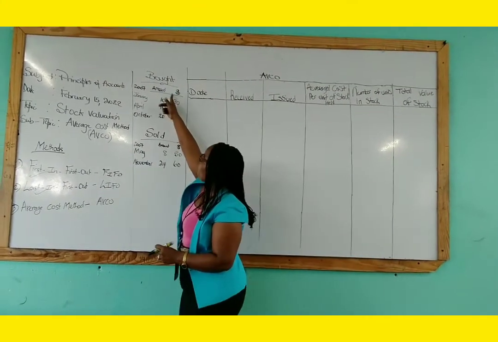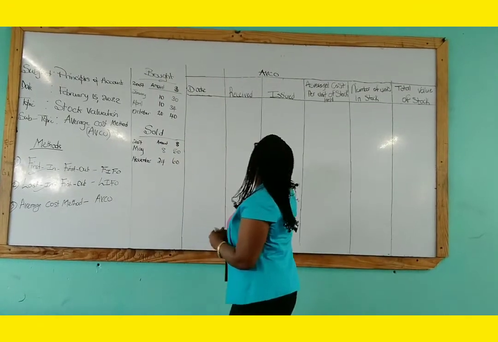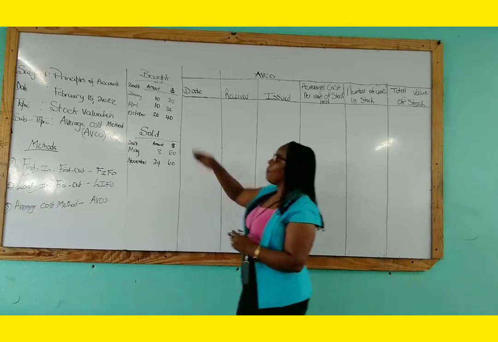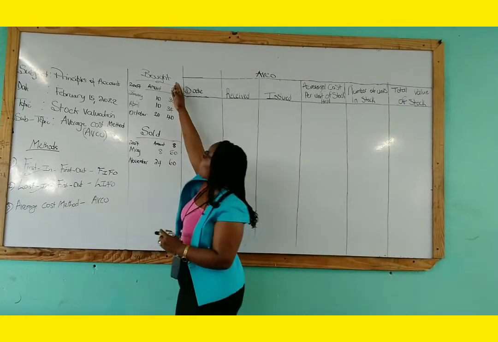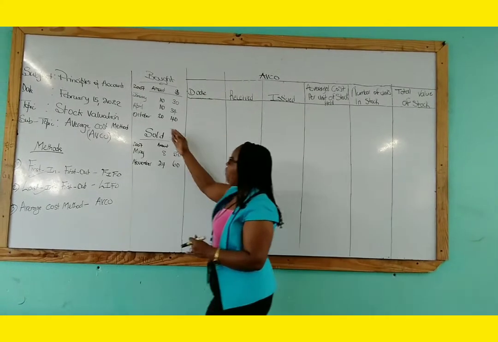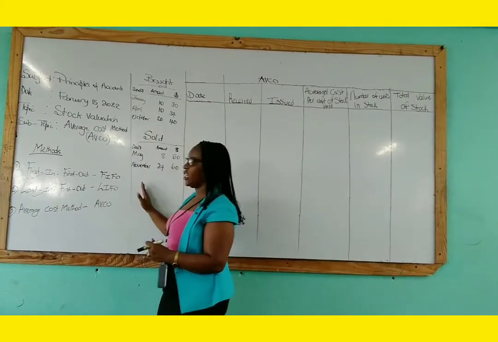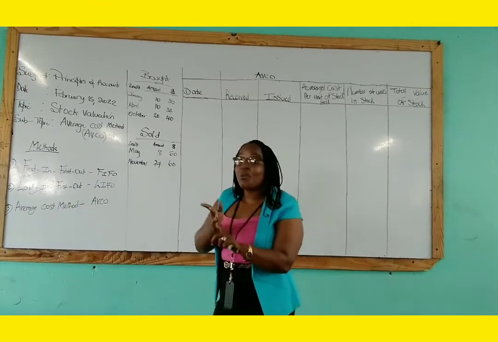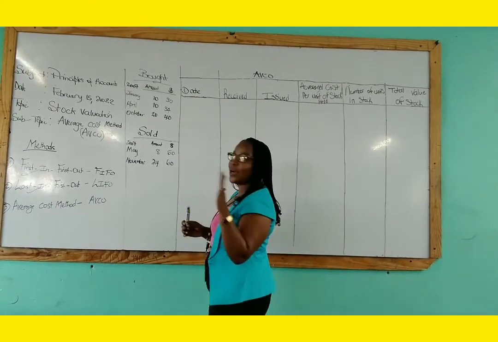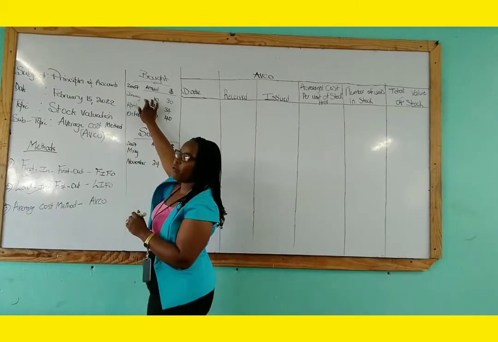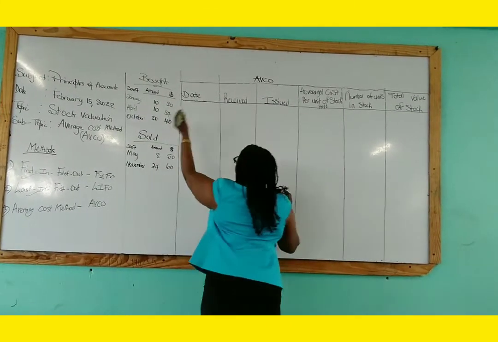Remember, we bought, we sold. Otherwise we receive or we issue. Remember, interchangeably we use the words bought, sold, receive, issue. And remember, we're focusing on the months of the year: January, February, March. The first month of the year is January. So in January,